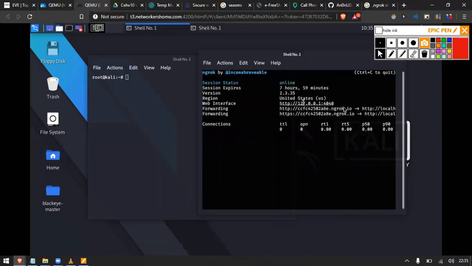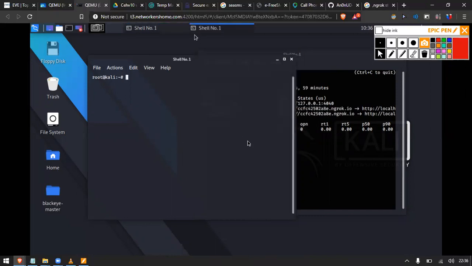So this is my domain name. What you have to do is simply copy this and send it to any target, and it's currently listening on that port. So next thing I will do is go to that folder, same folder, BlackEye, because it's not currently working. They have mentioned that they will fix it. So maybe when you're seeing this, they may have fixed it, but this method is also correct.